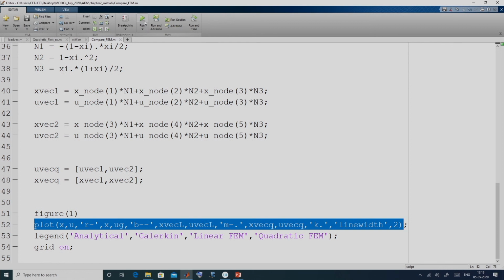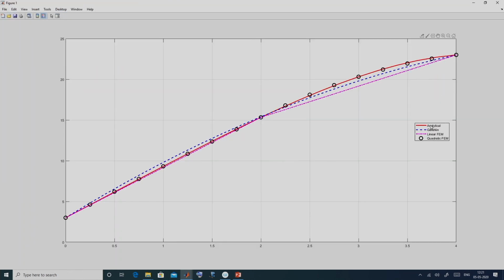Finally, if you run, so in this plot the red line is for analytical, the blue dash is for Galerkin solution, which is a semi analytical method. Now, this magenta line corresponds to linear FEM, and these black circles correspond to quadratic FEM.